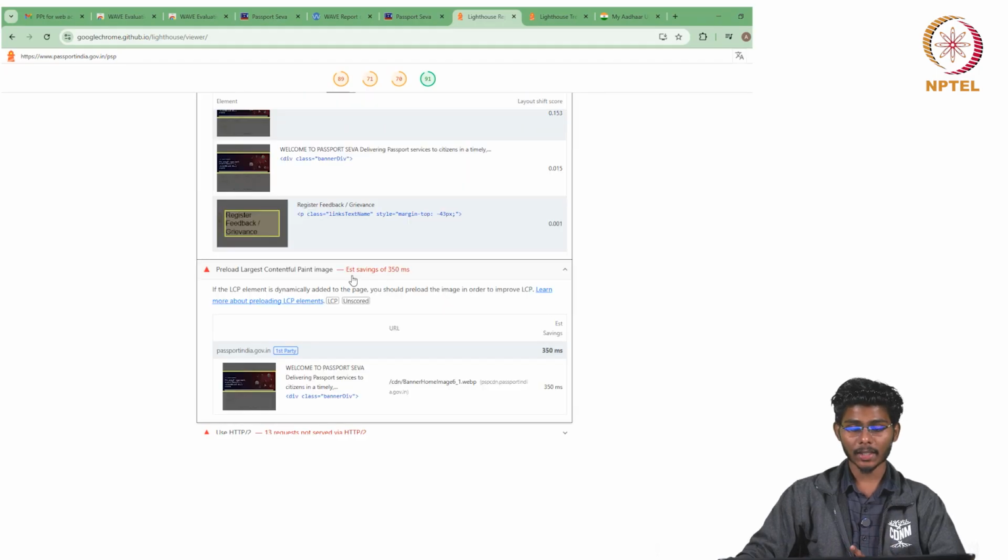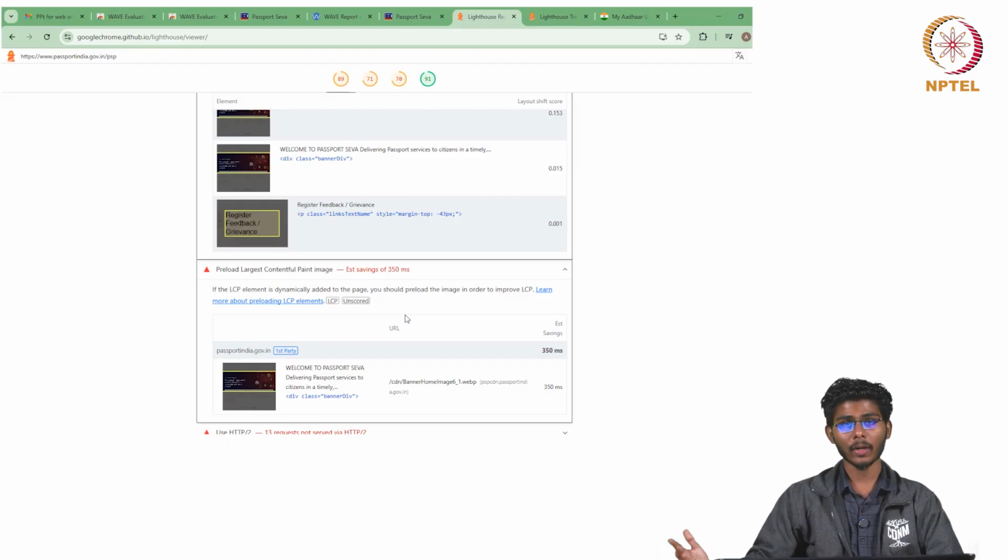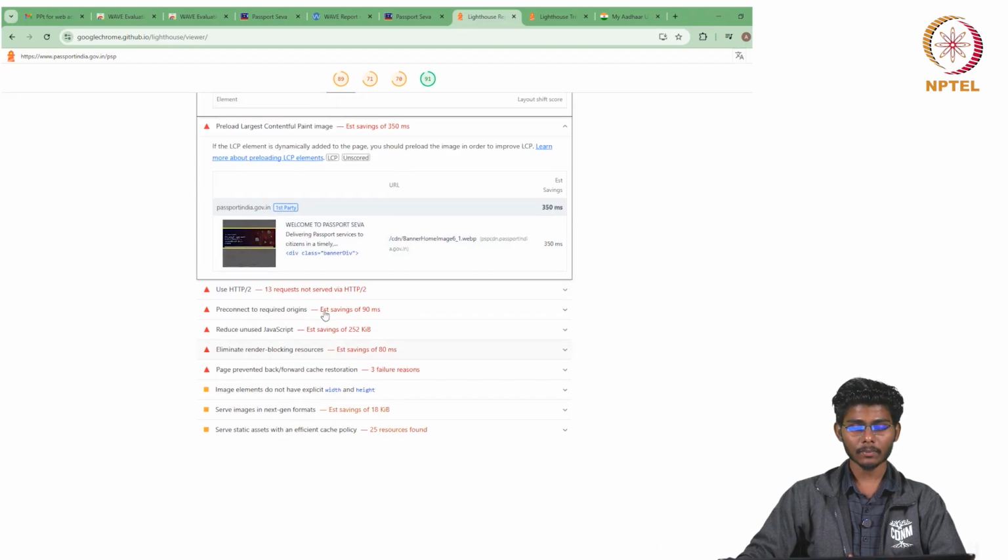It also mentions the estimated savings, how effectively it can be implemented and how it can be improved. If the largest contentful paint image, the LCP element, is dynamically added to the page, you should preload the image in order to improve the LCP time. You can save 350 milliseconds here.